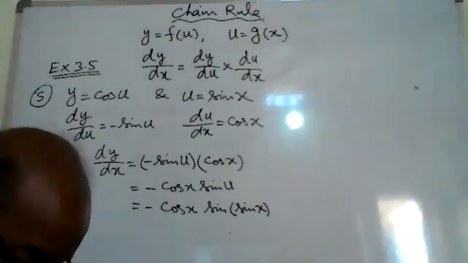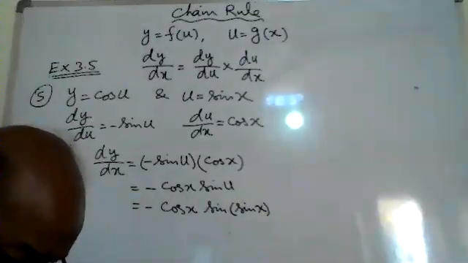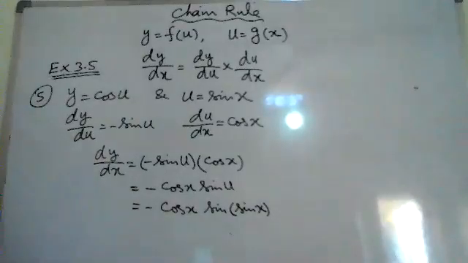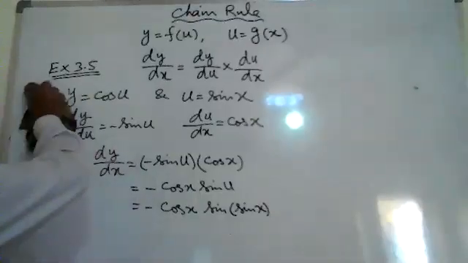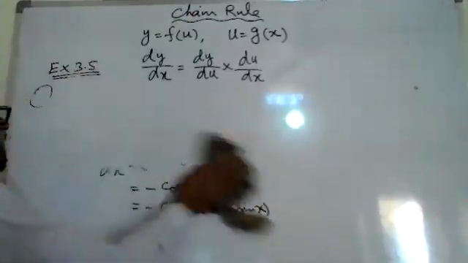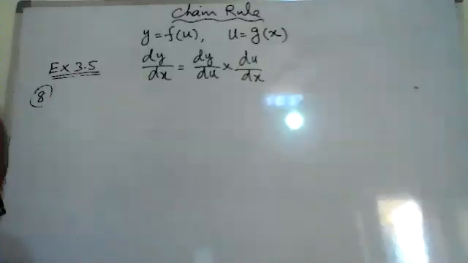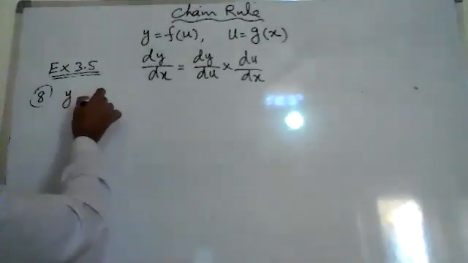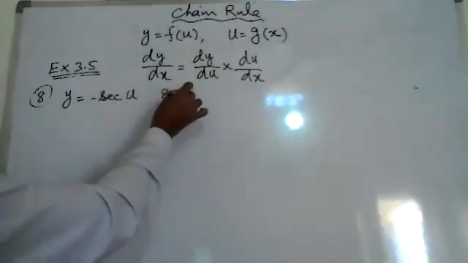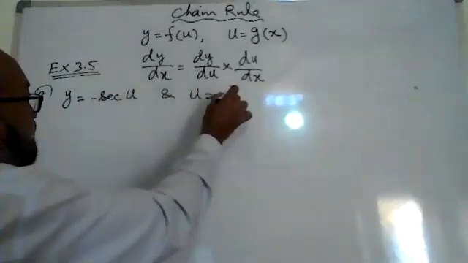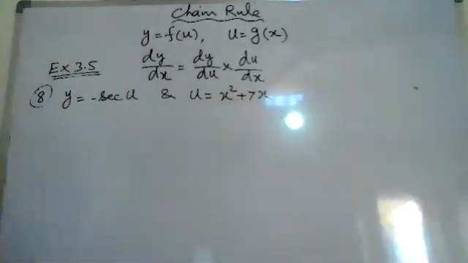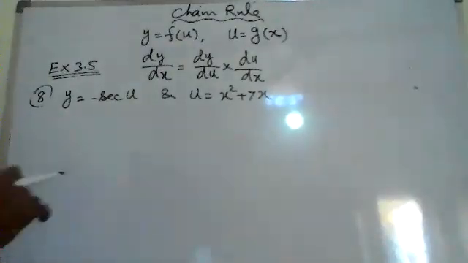8. Y is equal to minus sec u, and u is equal to x square plus 7x. So dy upon du